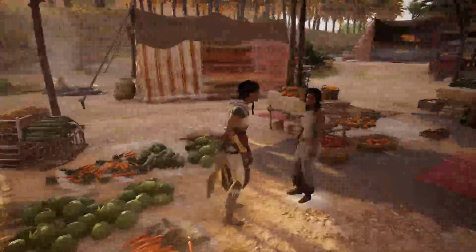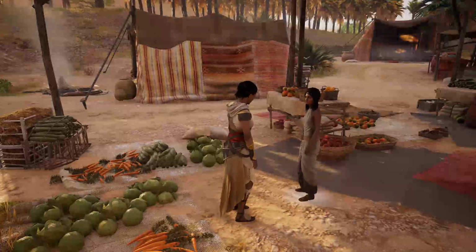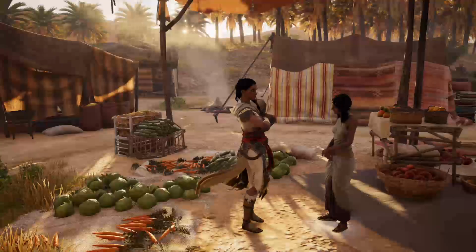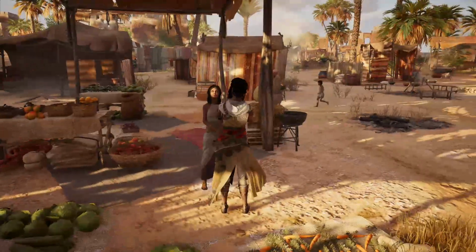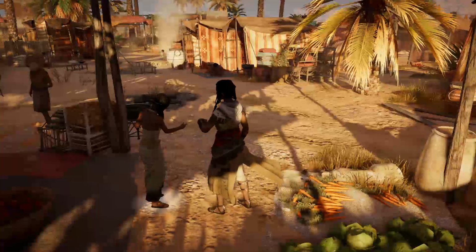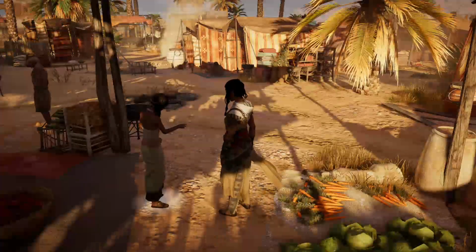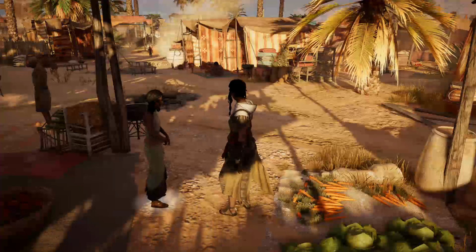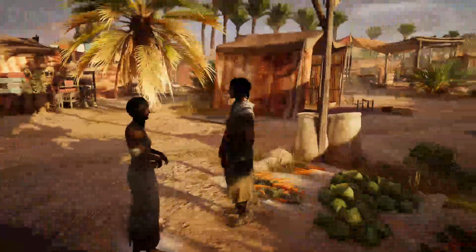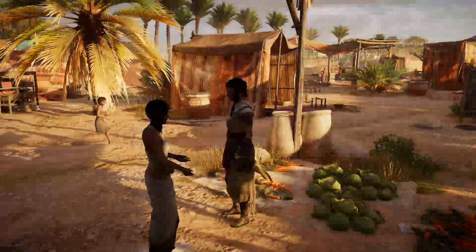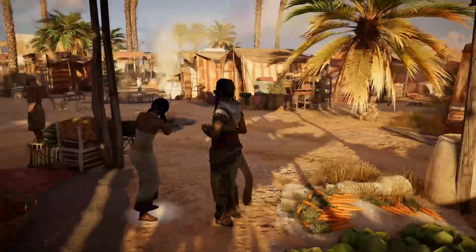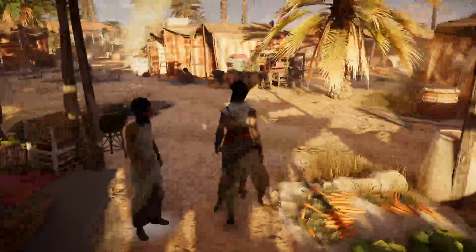As I said in my Witcher videos, and I said in the last Origins video, it's very important to impart a sense of life into these open worlds, because otherwise you end up with a flat, lifeless, boring open world that just consists of people day in, day out, going to shrines, standing, clapping, maybe dancing, and not really looking as though they interact with each other.